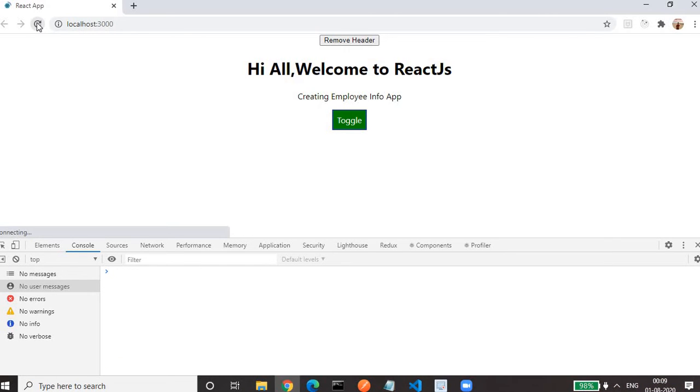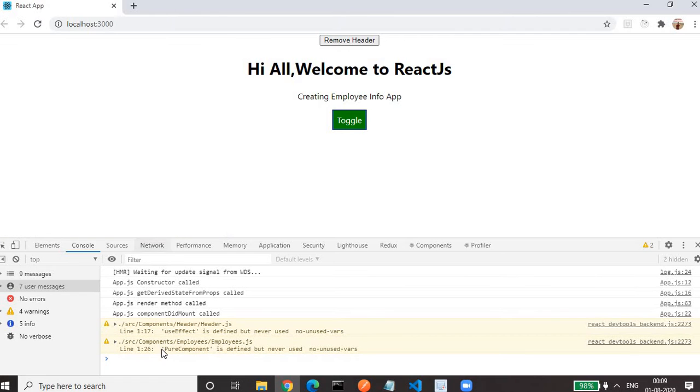So on page load, once again I will show you. On page load, all the lifecycle methods related to the creation of the component are called, which are written in the app component. So the sequence is: first the constructor of the component is called, then the get derived state from props lifecycle method, then the render method.